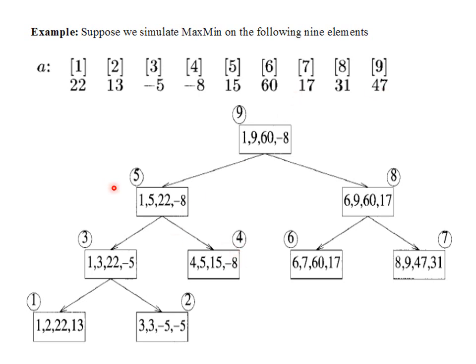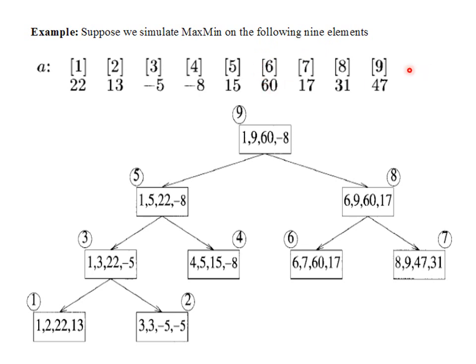Now from here, because the list is greater than 4, it is again divided into 2 parts. So this is 1 and 2, 22 and 30, 22 and 13. In this, if we consider the 5 items, that is why it is 22, 13 and minus 5. So it is 5 items which are considered, and here 4 items are considered. Just assume that the first list contains 5 items and the second list contains 4 items.